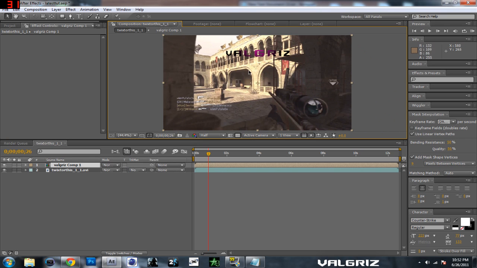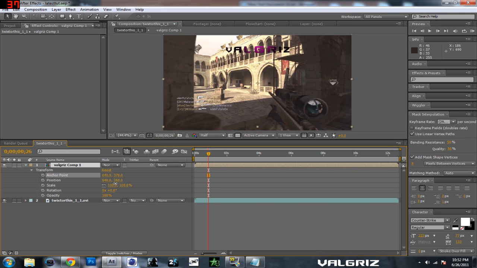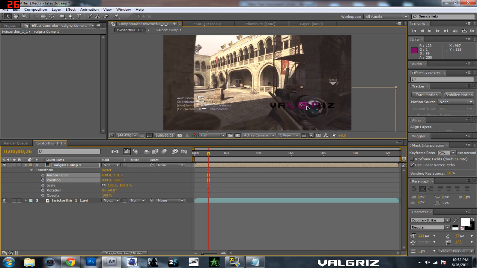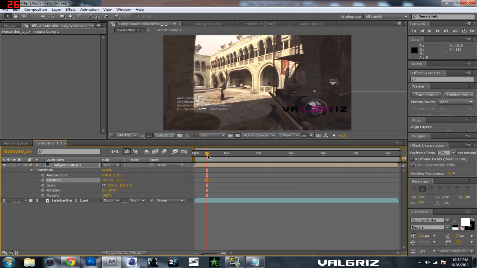And I'm going to change the anchor point, I believe it's what it's called, to right there. So now we have it straight in the middle. Now I was deciding on whether we should use the tracker for this, but I've actually decided not to, just because we can manually keyframe it, and because it goes slow enough, it should work anyway. So it starts right about here. So right here is where you want to start tracking to. Go to Transform, go to Scale, and